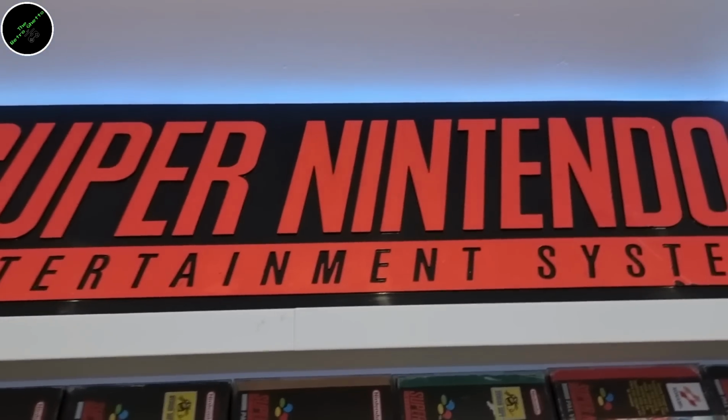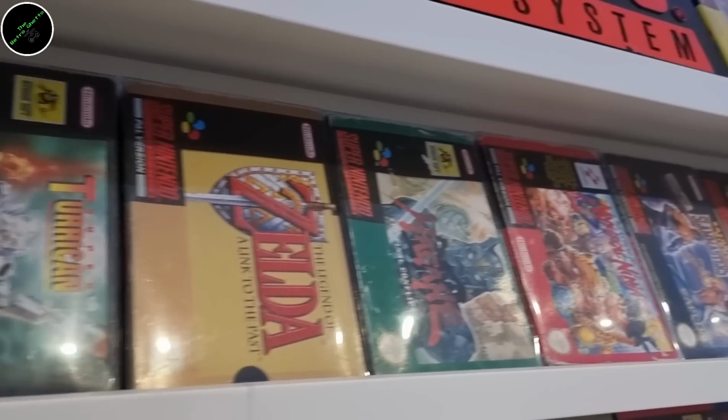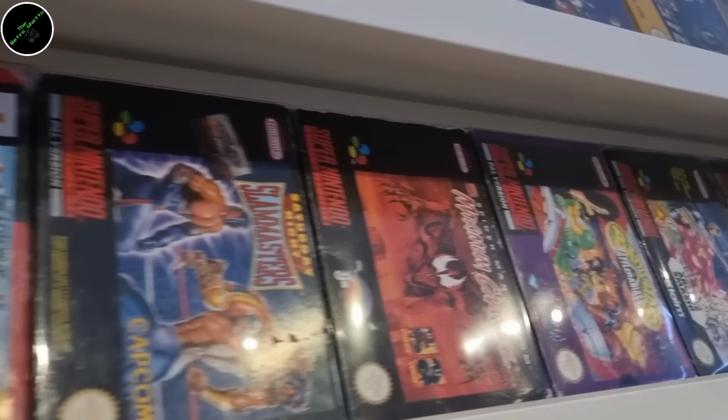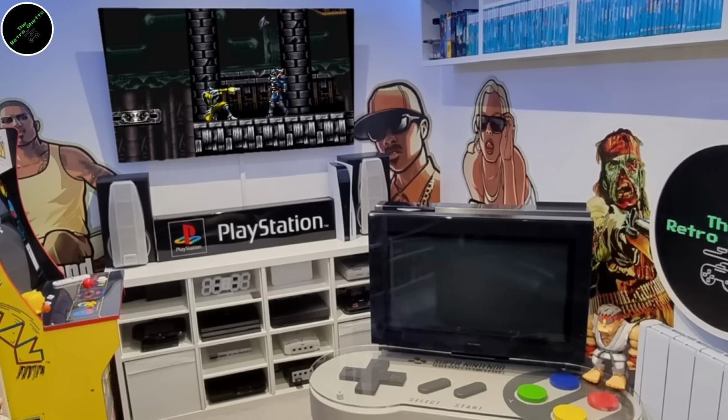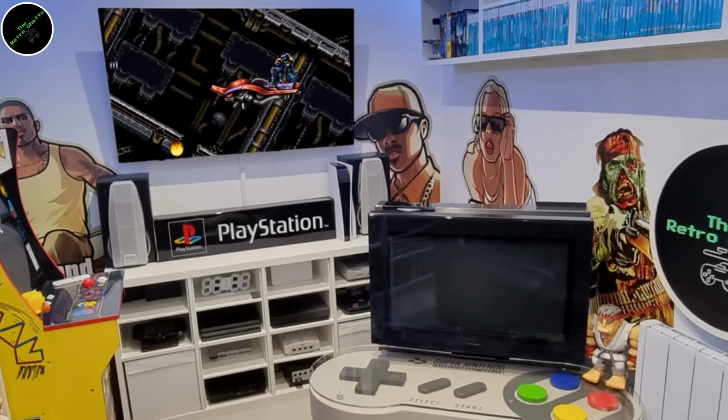And finally, to nobody's surprise, I had to leave the Super Nintendo until last. This is the system by far that I've got the most heavy hitters for, and the most expensive game currently that I own in my whole collection is Super Hagane. This game is currently listed at £350 for a standard copy or £450 for a mint copy, but in reality,